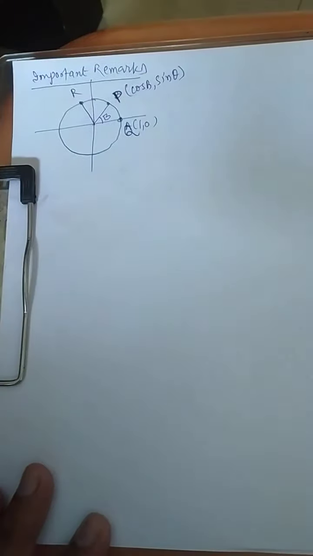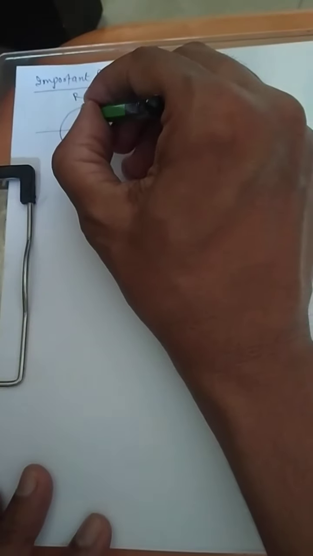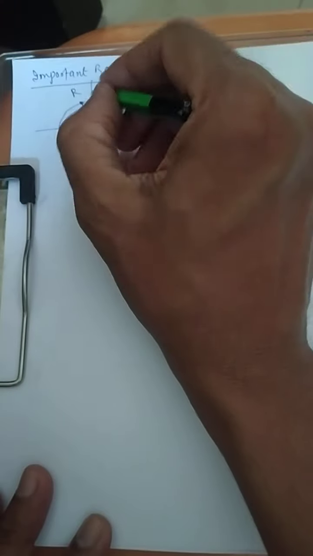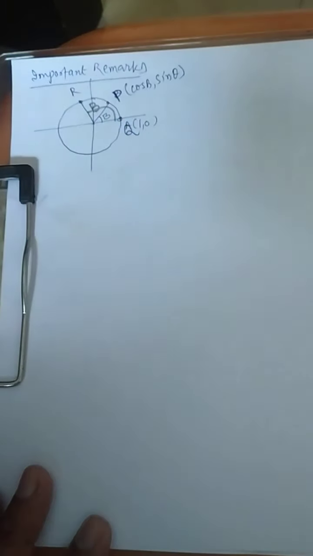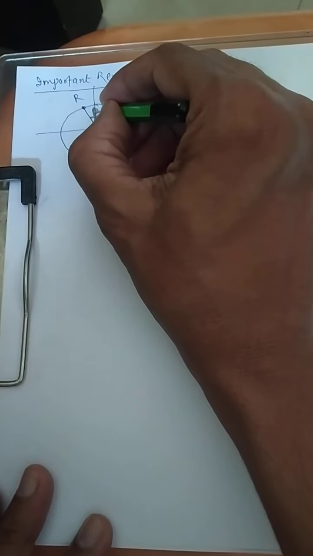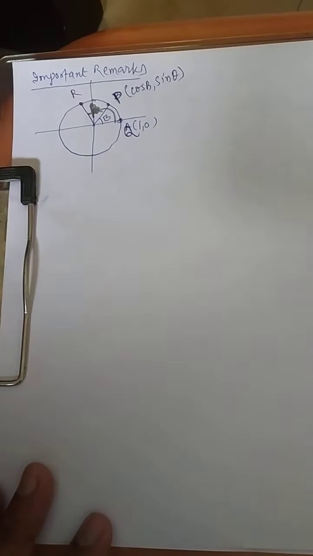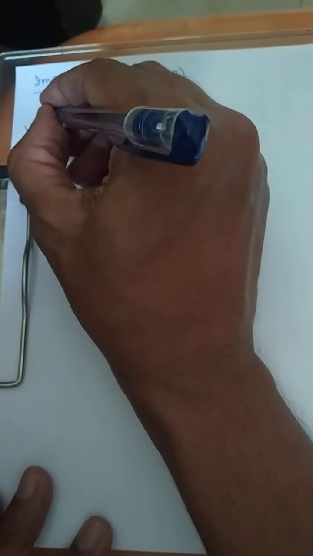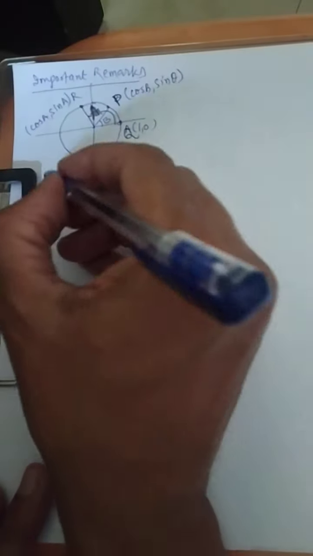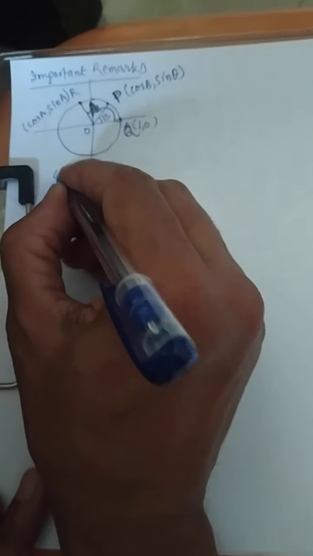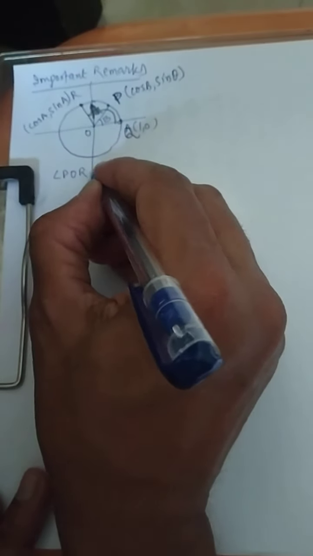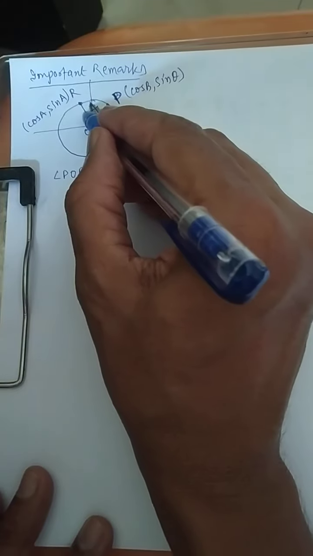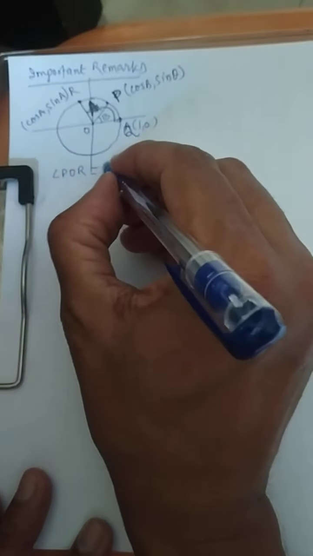And if you ask me what will be this angle in this part, let us say it is A. If this angle is A, then R will be nothing but cos A and sin A. Looking at this, suppose I am asking you what will be the angle POR. This is a complete A and this part B is reduced, so it will be nothing but A minus B.